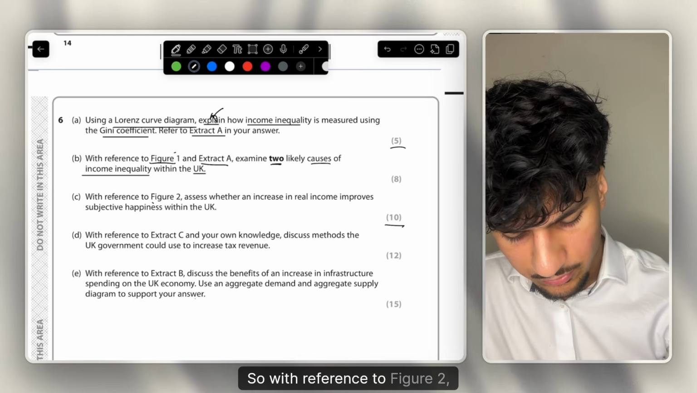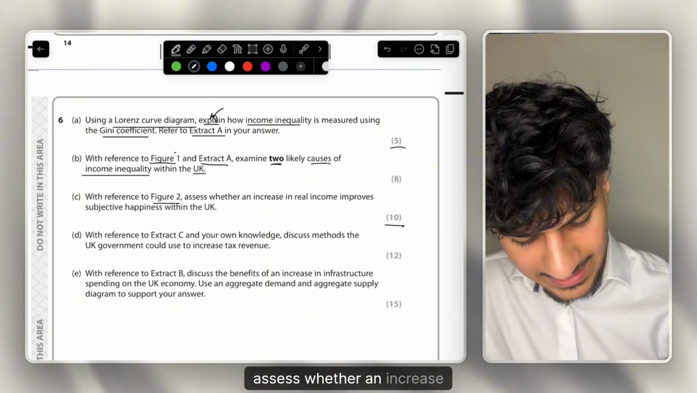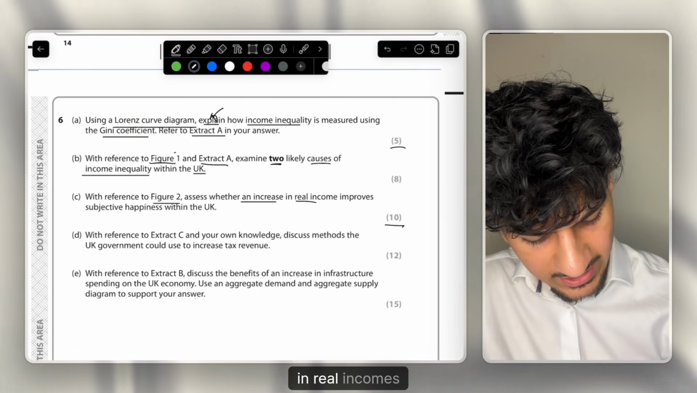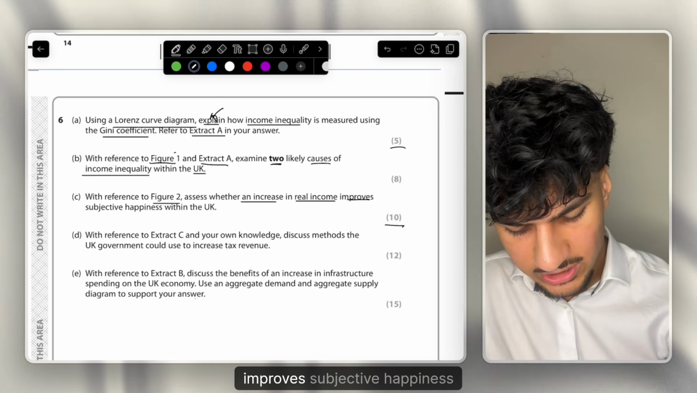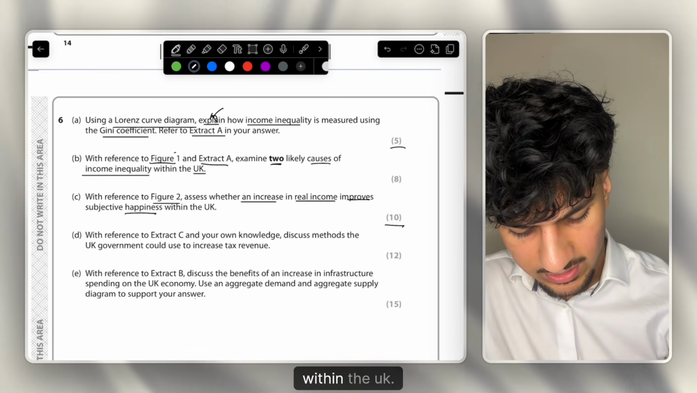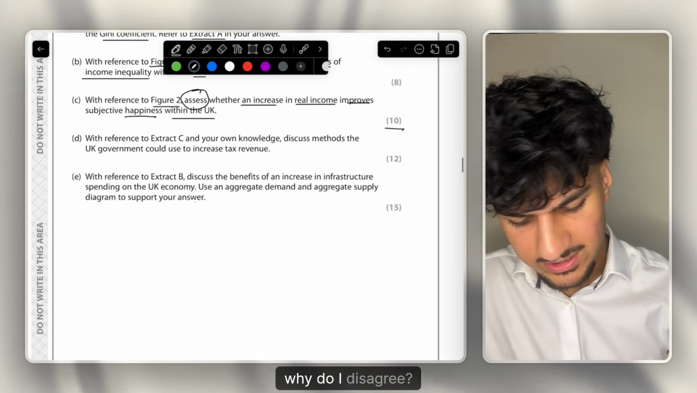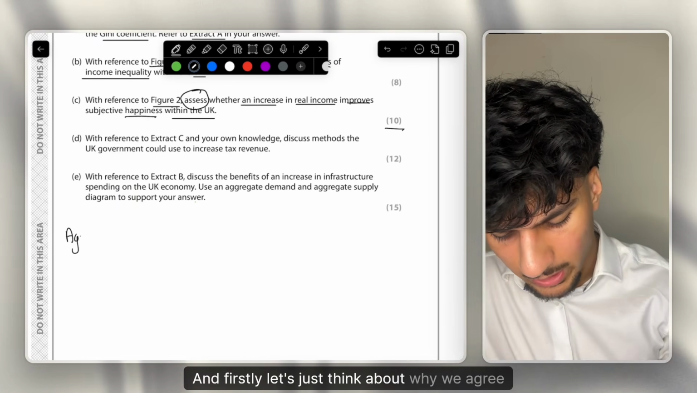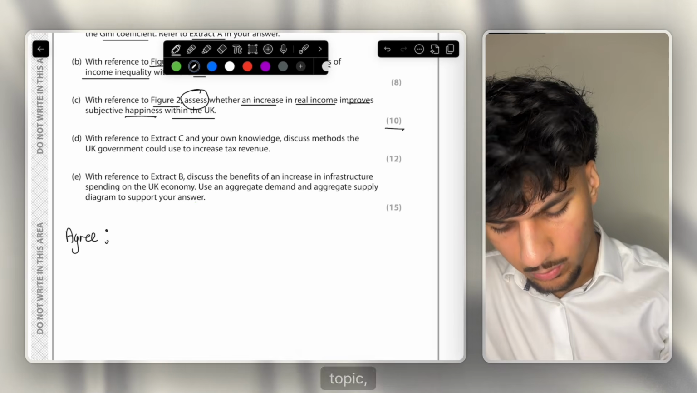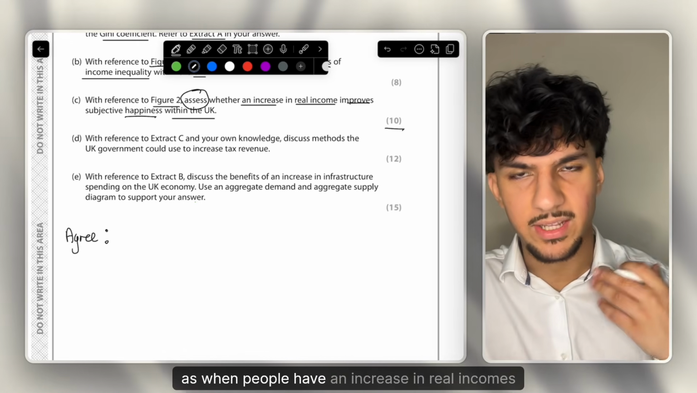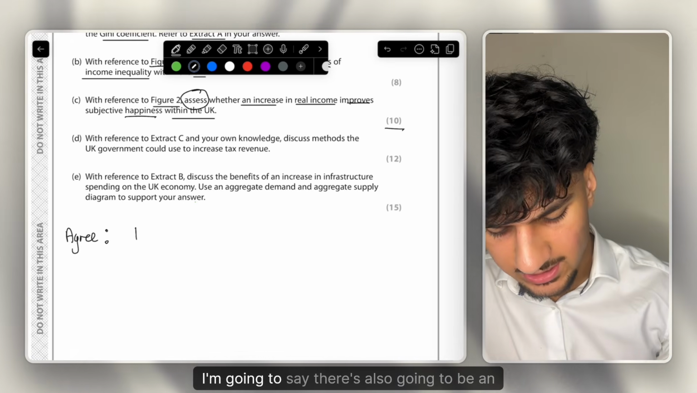With reference to figure 2, assess whether an increase in real incomes improves subjective happiness within the UK. So it's an assess question. So why do I agree? Why do I disagree? Firstly, let's just think about why we agree with this statement. When people have an increase in real incomes, I'm going to say there's also going to be